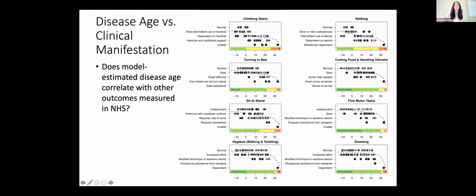I think these pictures also show why this tool might not be the best for use in, say, a clinical trial to assess if a treatment actually works, because for many of the domains we don't see much movement, especially in the upper extremities. Some of these individuals can remain quite normal over the entire course of the disease, and really only towards the end do they become impaired on these measurements.